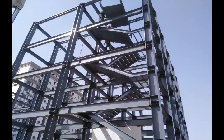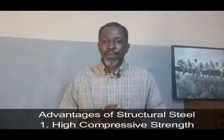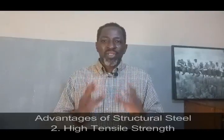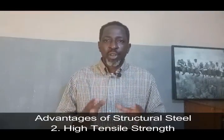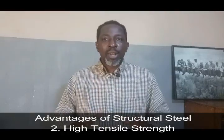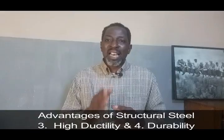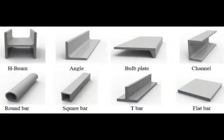Now, it has its own advantages. It has a very strong compressive strength, strong tensile strength, ductility, and durability. And also, it has an adaptability feature, which means it can be formed and transformed into different